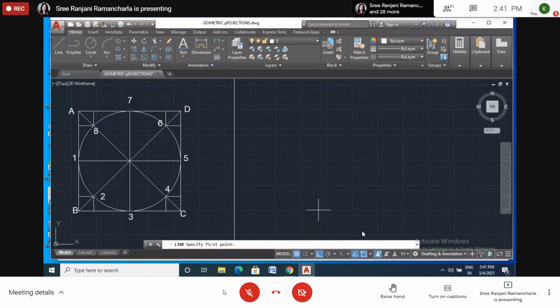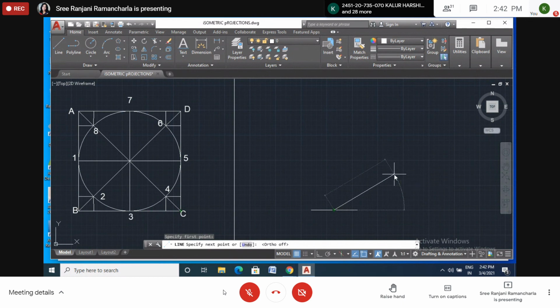Now, from here, draw a small line. I will draw only one, one at the top and one at the side. Okay, I'll draw one side only. Draw one line. So I want to take B at this corner. So draw a line like this. What is the side of this square? Equal to the diameter, right? We have taken the diameter as 50. So we will take this one as 50.